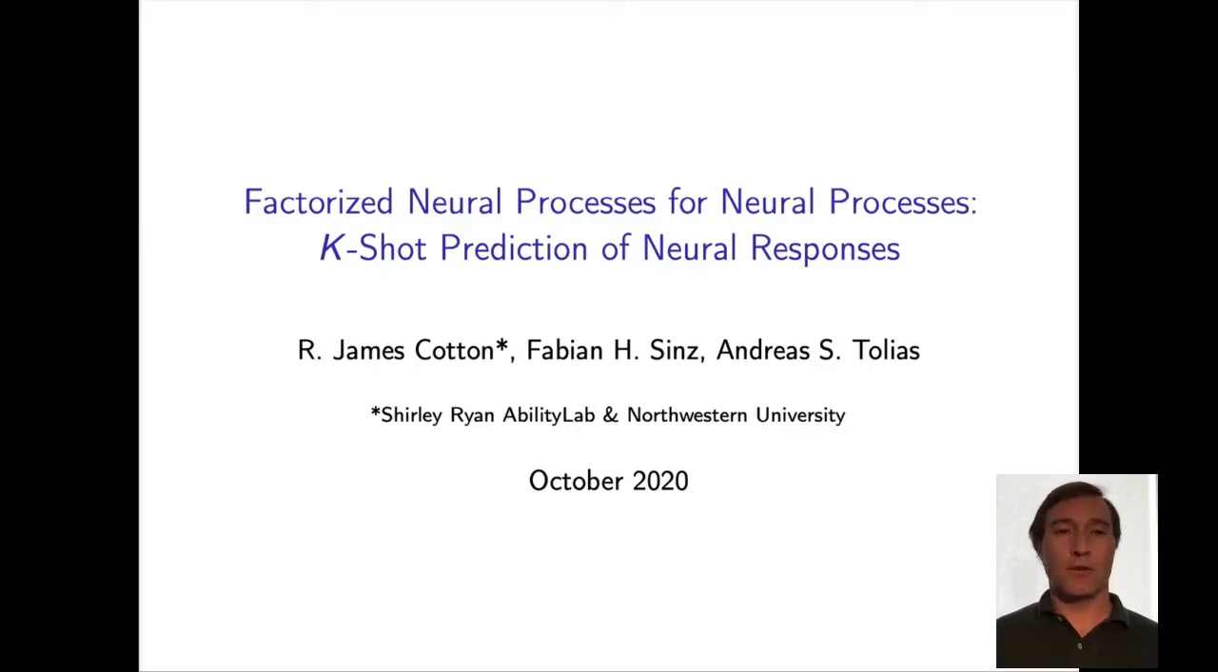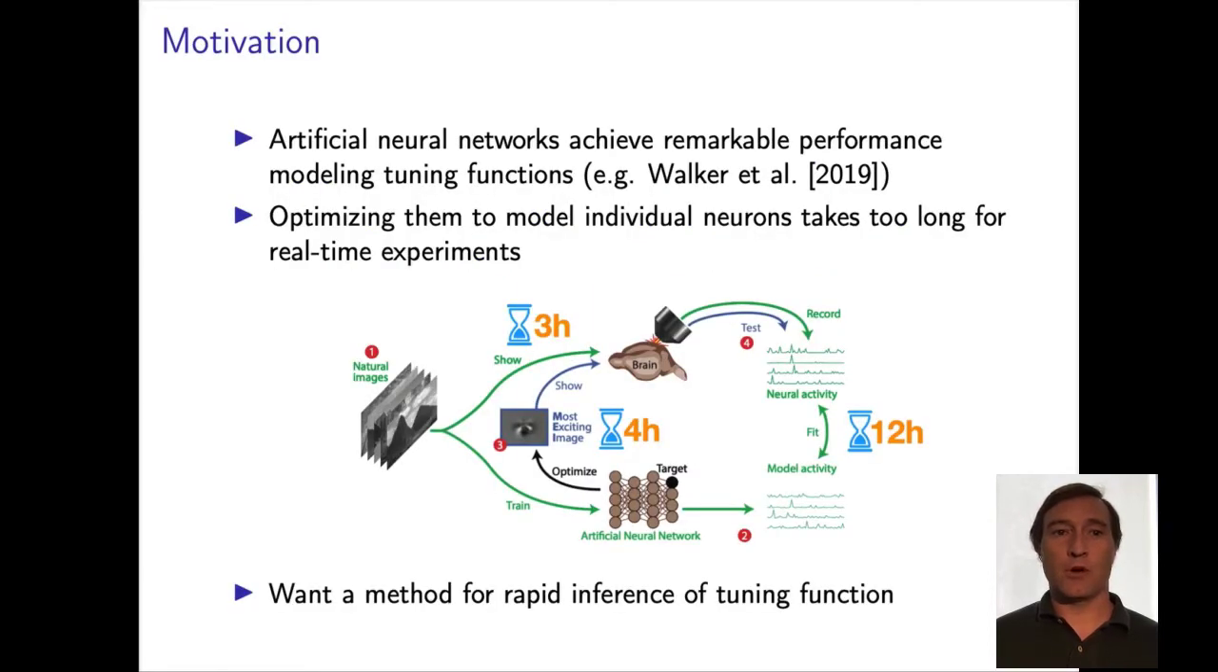This is our overview of developing a factorized neural process for K-shot prediction of neural responses. The motivation for this work is that while artificial neural networks can achieve remarkable performance at predicting the responses of neurons in the brain to visual stimuli, optimizing these models requires a time-consuming step which can prohibit their use in real-time experiments. And so we wanted to develop a rapid inference approach to neural tuning functions